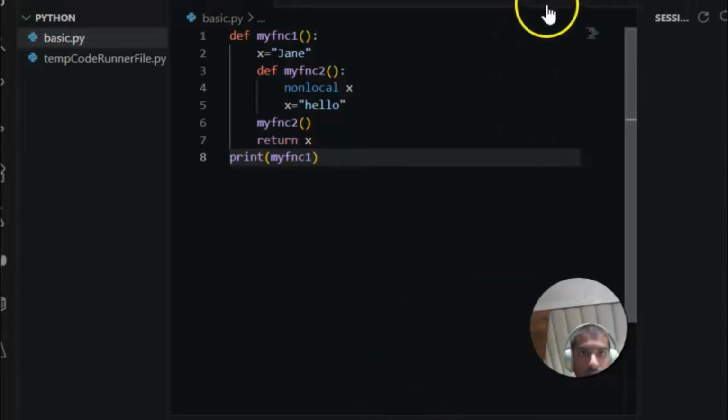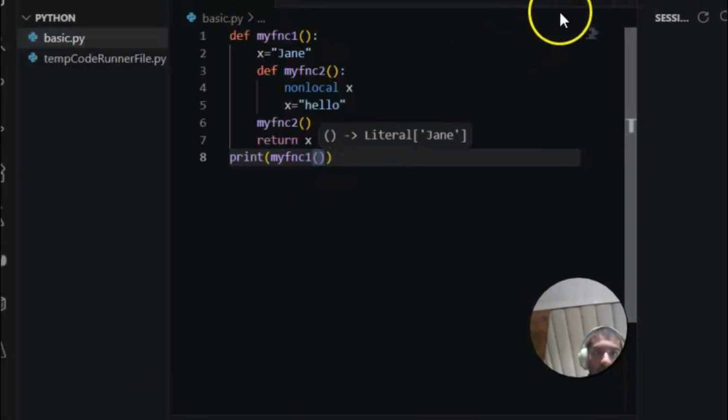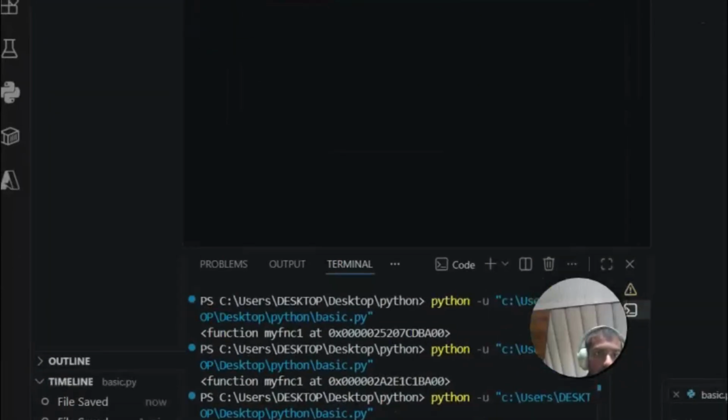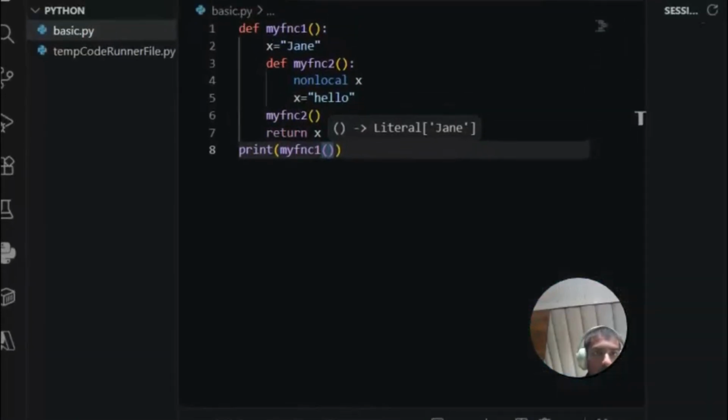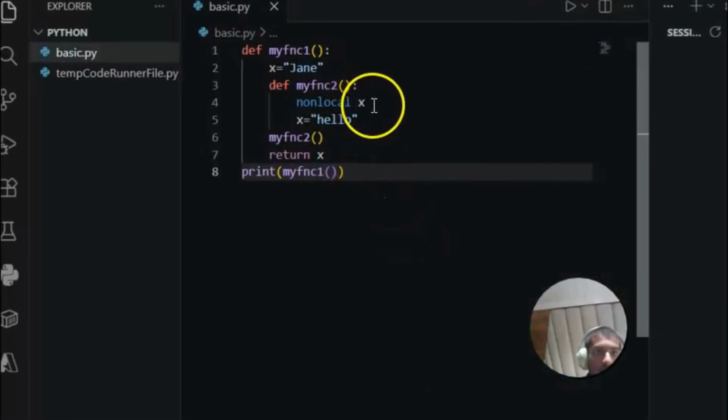Let's see, somewhere there is some error. Let me check. Let's give a parenthesis here. So let's run the code. You can see that the output given is hello. Oh, let's remove nonlocal here